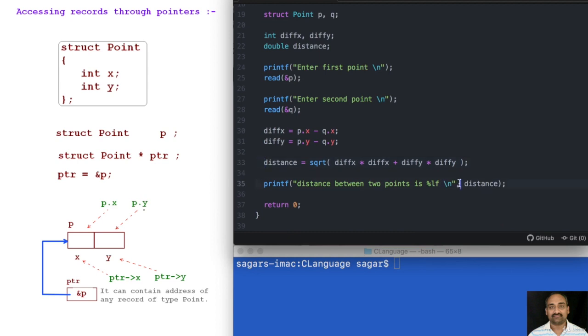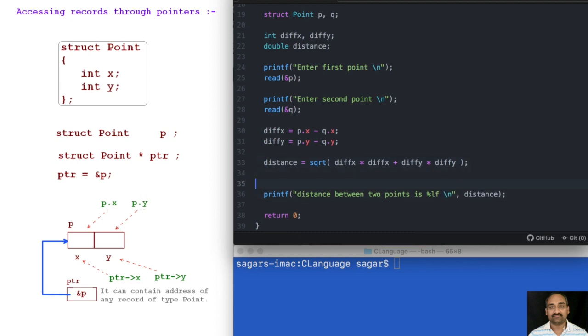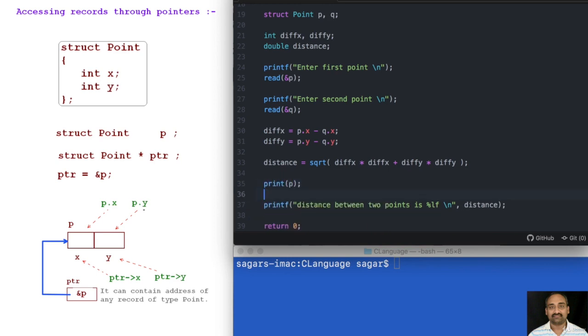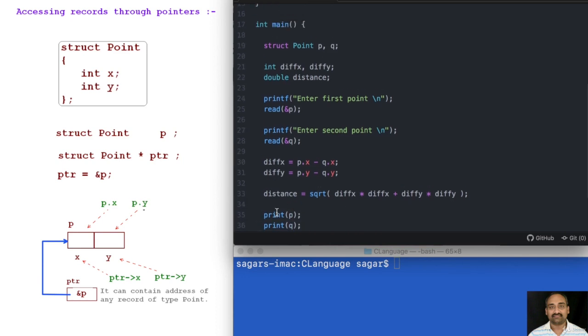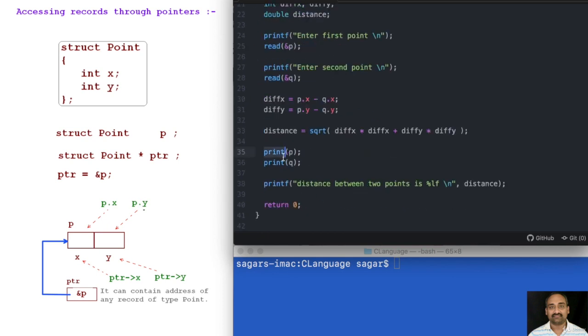Then we calculated the distance and printed the distance, and here I want to print the values as well. So I will say print of p and print of q. Because I am not trying to modify anything inside the print function, I can take it by value. Let us define the print function now.